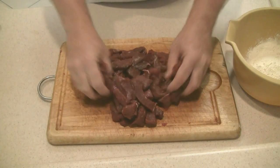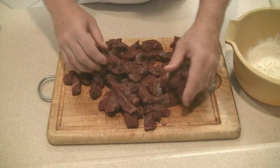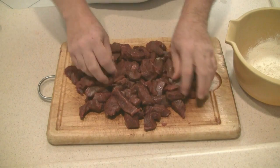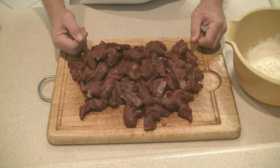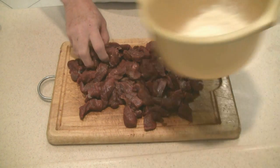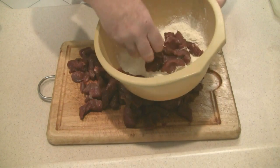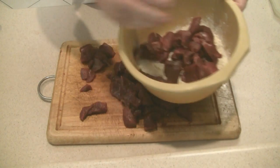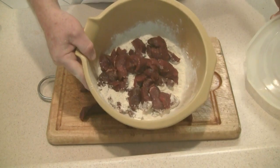Okay, so I've cut all the venison. There's probably 4 pounds here in nice chunks. This is for a dinner for about 6 people. There'll be some left over, but I don't care because it's great left over too. After you've got it cut like this, I'm going to just dust it in flour. It might seem silly, but what we're going to do here is dust it, and then we're going to brown it